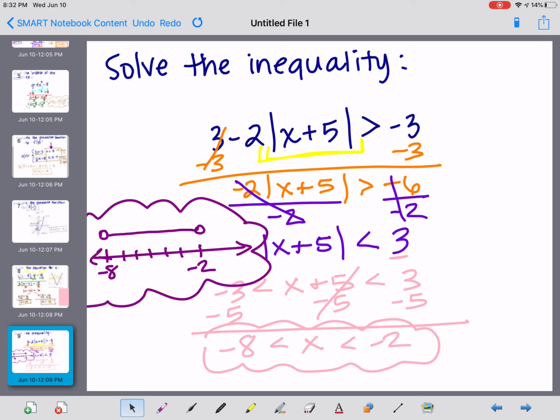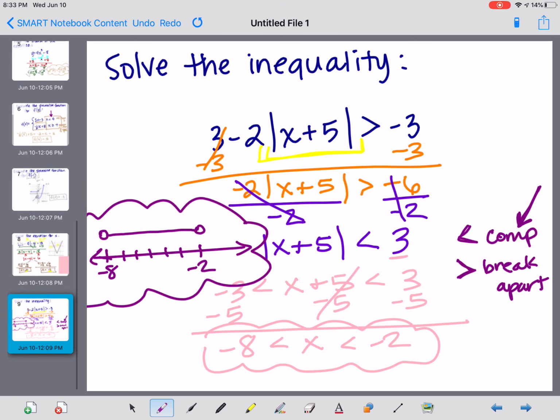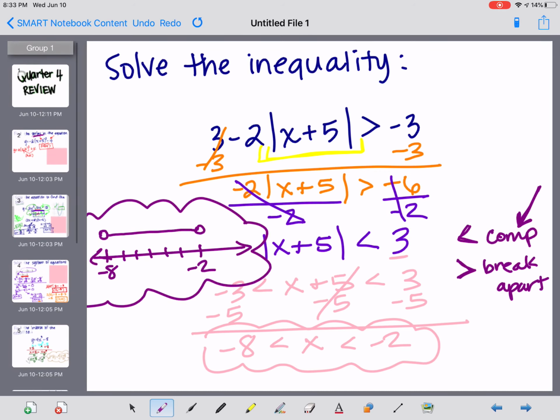Remember, if you have a less than symbol, less than symbol makes you do the compound. And if you had a greater than symbol, that's when you break it apart. Okay? And remember on this one, when we divided by the negative, the sign flipped. So that's what made it the compound inequality, because the sign flipped while we were solving. Okay? So as you guys are going through the review